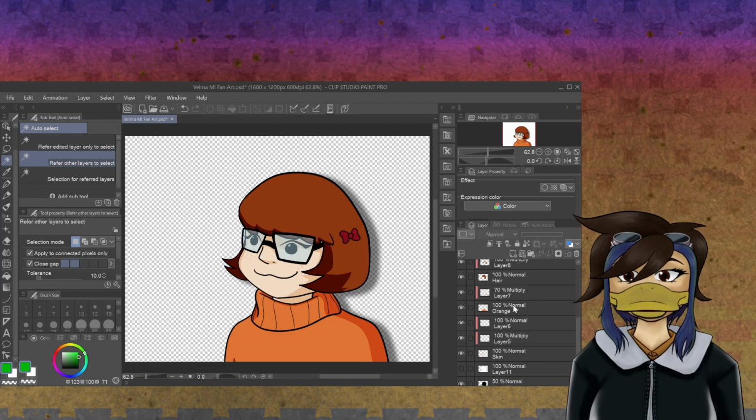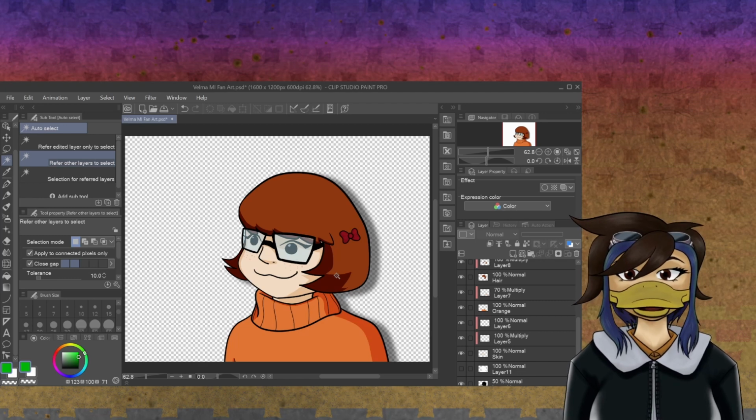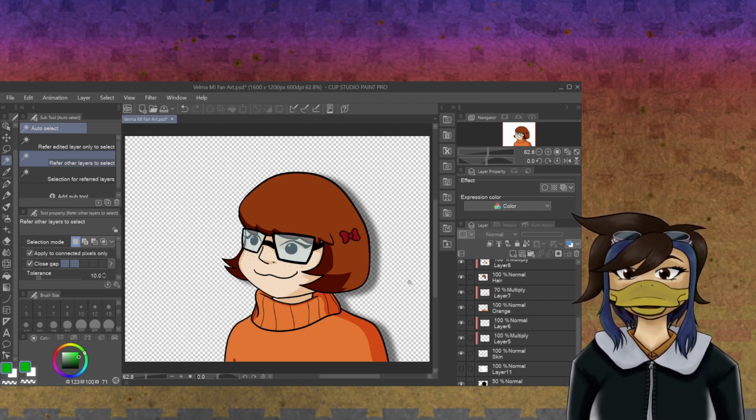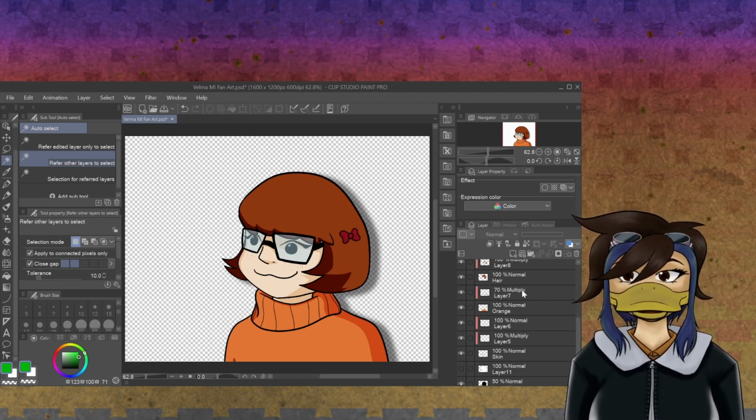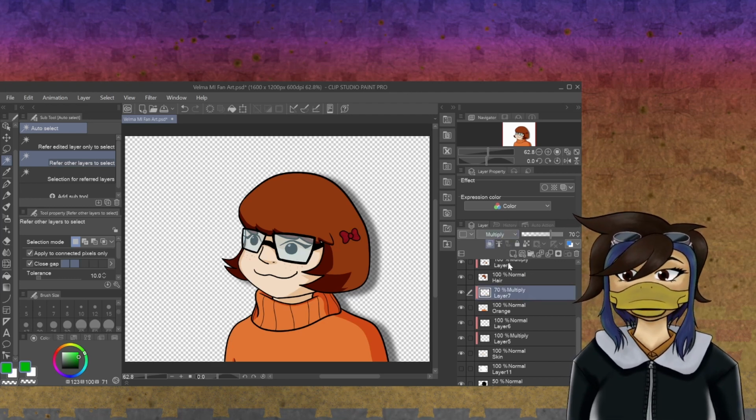If I were to go into, say, for example, the orange, you see how beautiful that shadow is? How it melds so perfectly, and the skin tone melds perfectly, and the hair is perfect. The way you do that is through multiply layers. So how do you do that? Well, it's easy. You can use black, you can use white, whatever you want to do, but basically you